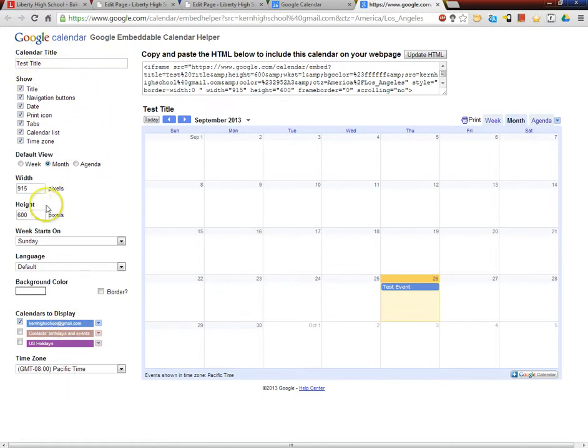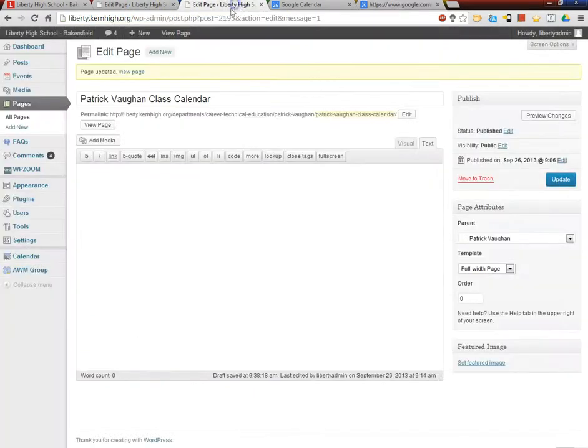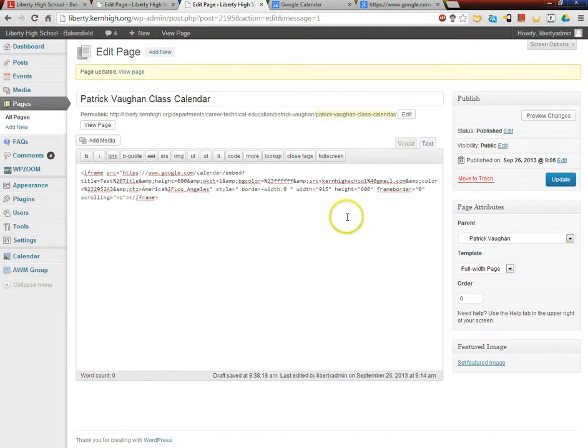Once you've got all of your sizes right, everything ready, just come over here, copy this text, then come over to that new page you've built and choose the text tab and just paste it in. And that's pretty much it. I've already tested this, so I just hit publish and update. And then I'm going to view the page,